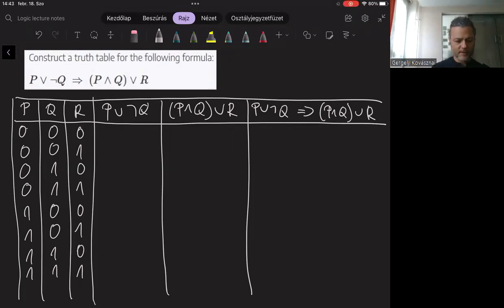So basically, because of not Q, in this case, we have to put 1 in those two rows and 0 in the subsequent 2 rows, right? In the remaining 4 rows, the disjunction is 1 because one of the operands is 1 all along.